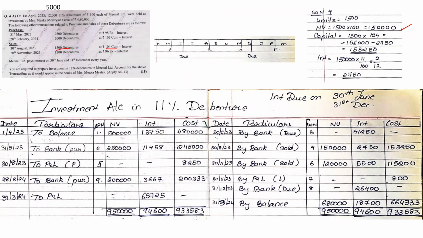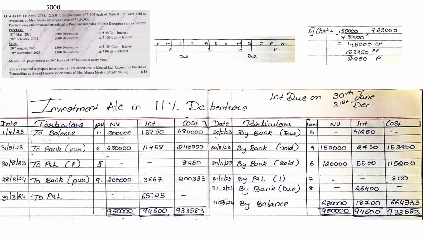Interest was 1,56,000 into 11% into, when was the interest last paid? It was paid in June. So July and August, 2 months. 2 by 12, so we got 2750. You minus 2750 from the capital, we get the balance. We put the balance down: 1,50,000, 2750 and 153,250. Now, the moment you sell, we need to find whether we have incurred a profit or